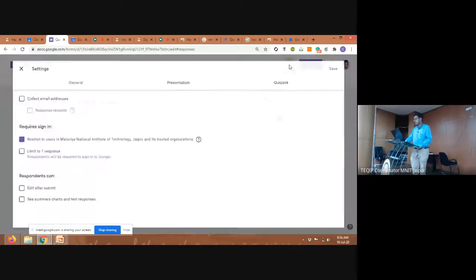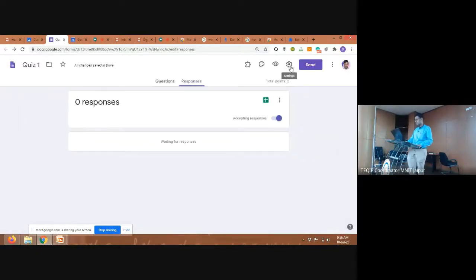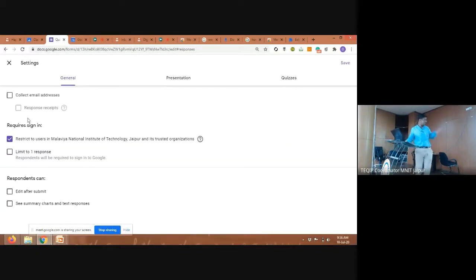And how to reshuffle the questions also. One was how to reshuffle the options, and the second is how to reshuffle the questions. For that, you just click on this setting, and in this there are other options also. Like if you want to collect their email, from which email this response has been sent, you can click on this.